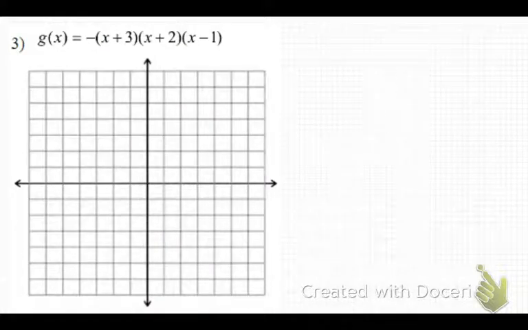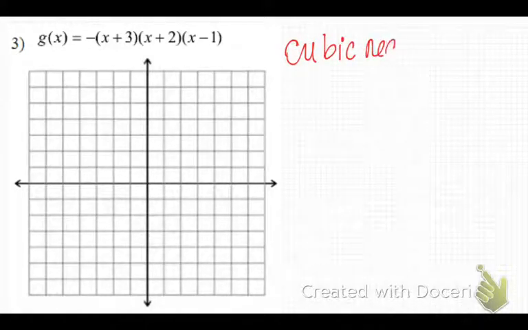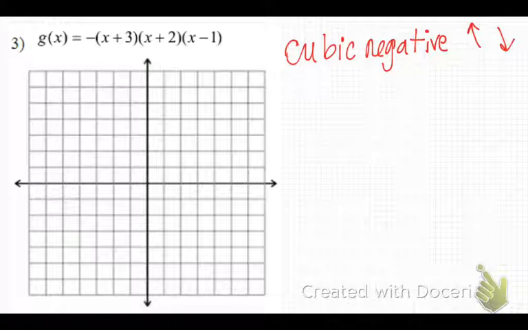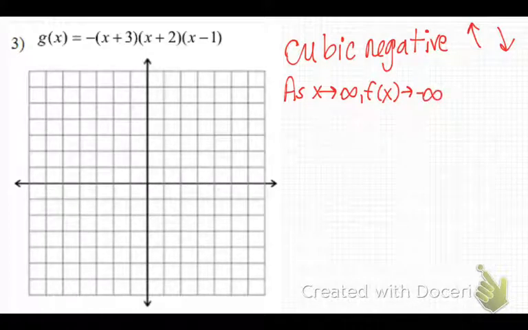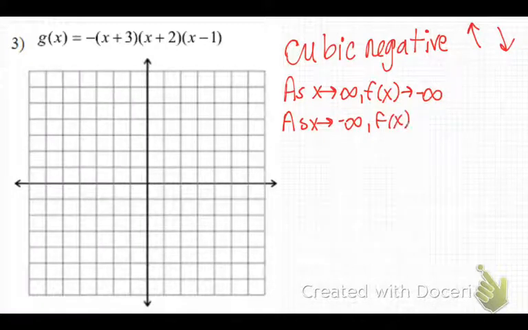Okay, here is number 3. You guys should have just done it. This is a cubic negative? Yes or no? Okay, and my end behavior, the left arrow goes up or down? The left arrow goes up, the right arrow goes down. So, as x goes to infinity, f of x goes to negative infinity. And as x goes to negative infinity, f of x goes to positive infinity. For my x-intercepts,